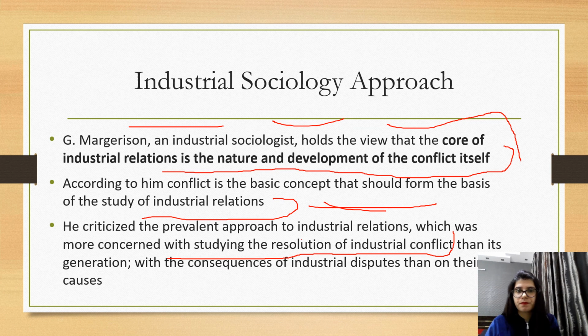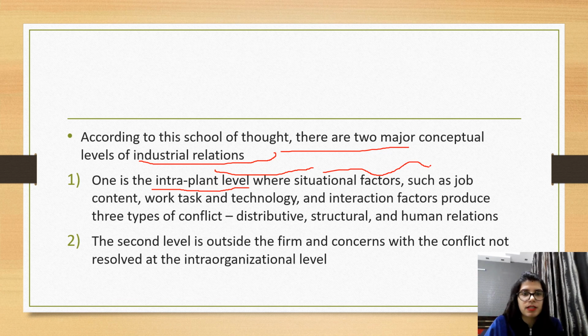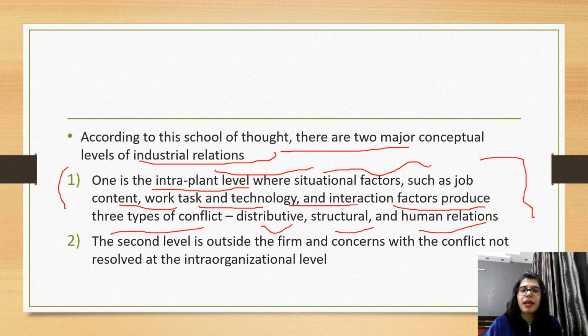now so according to this school of thought, there are two major conceptual levels of industrial relations. One is the intra plant level. ठीक है, अब इंट्रा प्लांट लेवल में क्या है, जहां पे situational factors such as job content, work task, technology, interaction factors produce three types of conflict: distributive, structural and human relations. अब एक होता है इंट्रा प्लांट लेवल पे जो कॉन्फ्लिक्ट होती है, ठीक है, वो क्या होती है, वो इन सब फैक्टर्स की वजह से होती है,